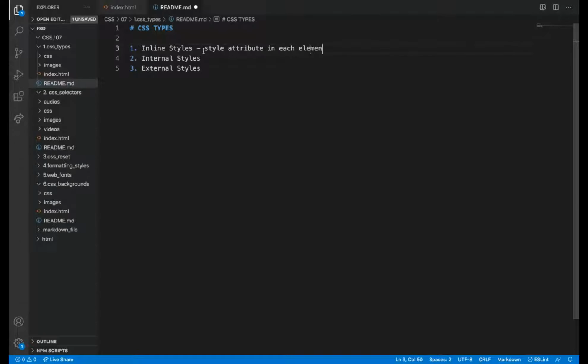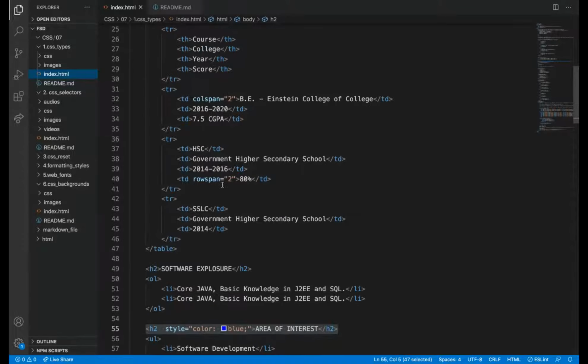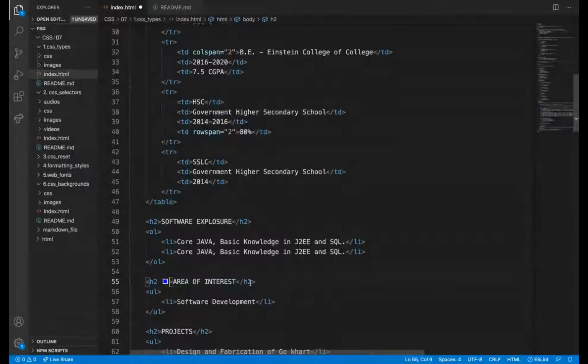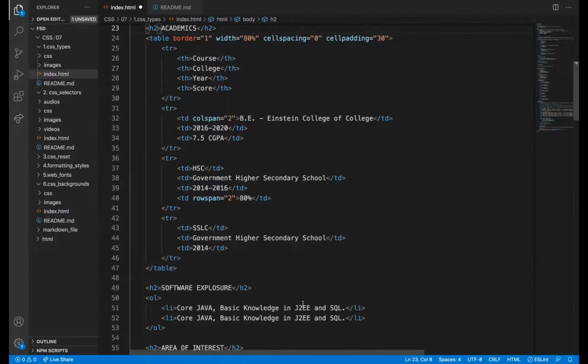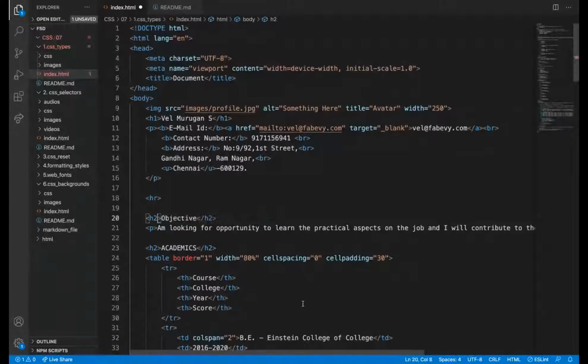So what are internal styles? We will see. I'm adding h2 here. Instead of this, I'll do Control Z. I remove from here too.